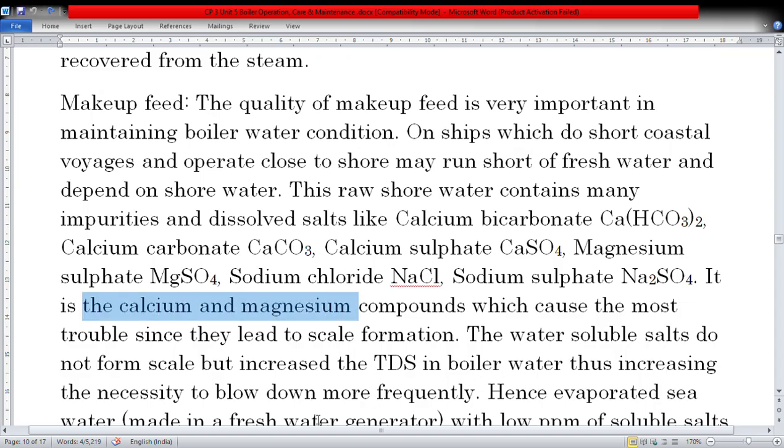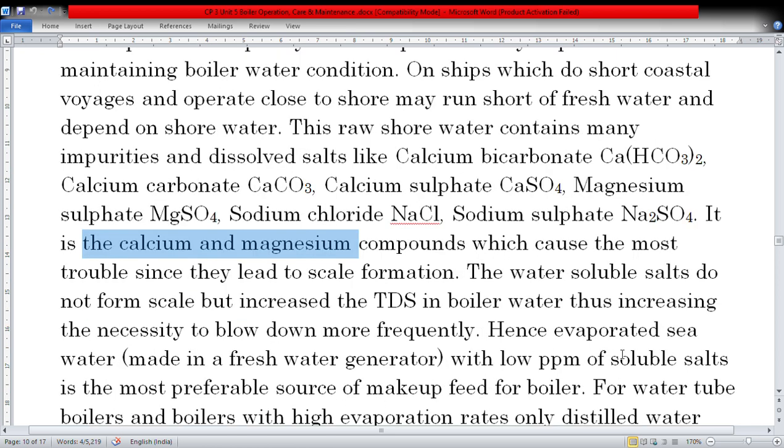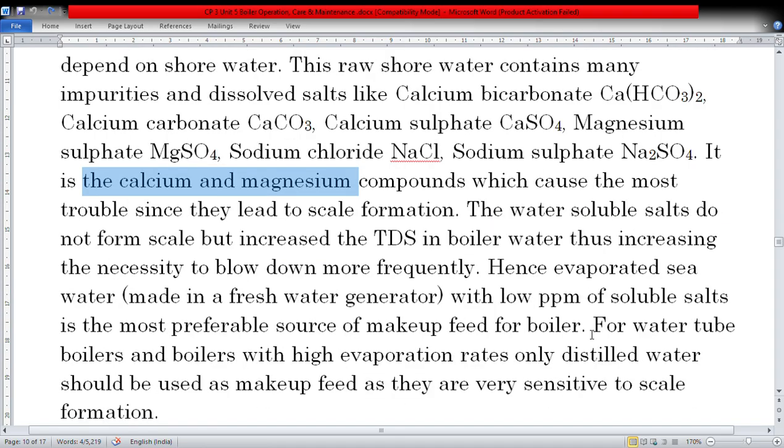The water soluble salts do not form scale but increase the TDS in the boiler water, thus increasing the necessity to blow down more frequently. Hence, evaporated seawater made in the freshwater generator with low ppm of soluble salts is the most preferable source of makeup feed for the boiler. So the evaporated water that we are generating from the freshwater generator,